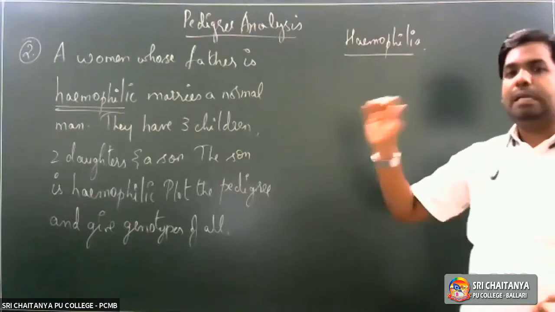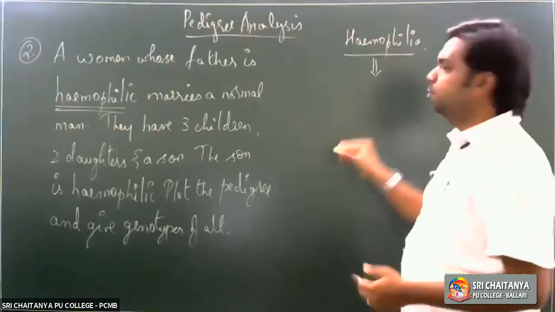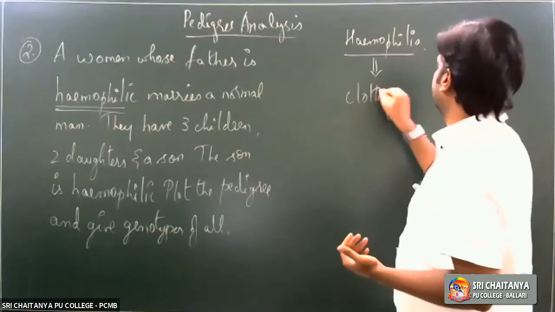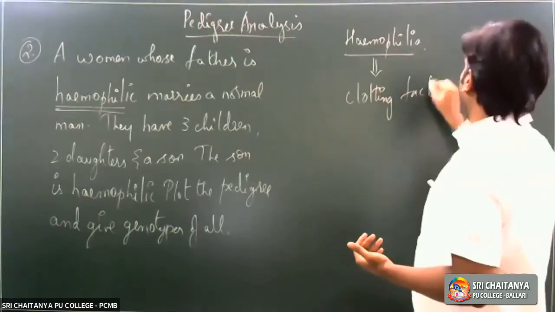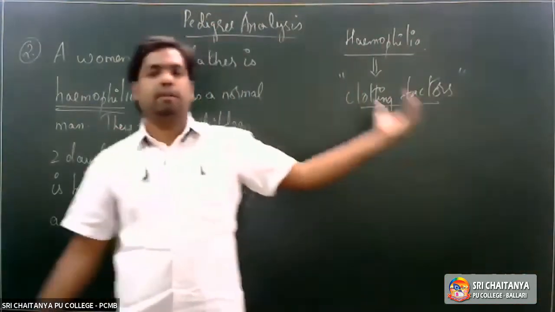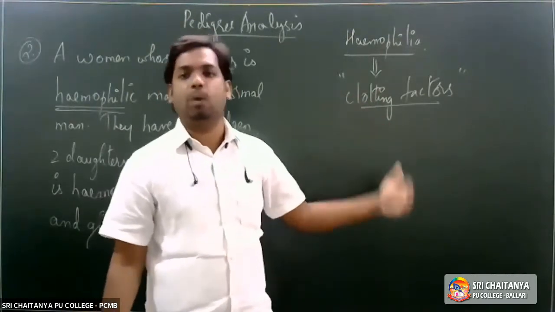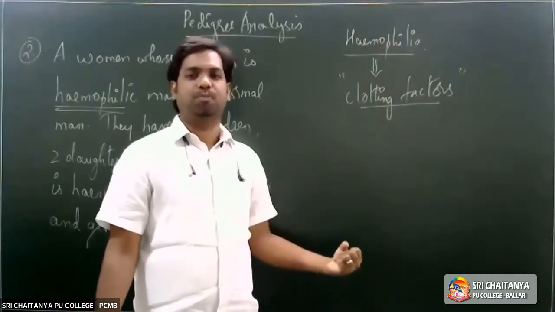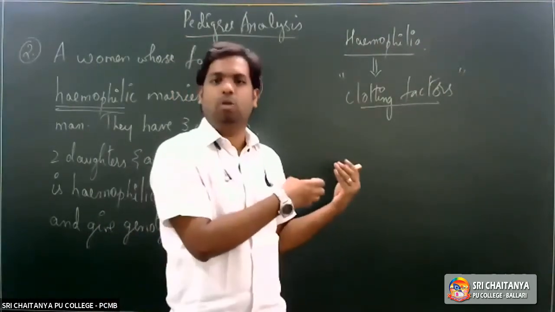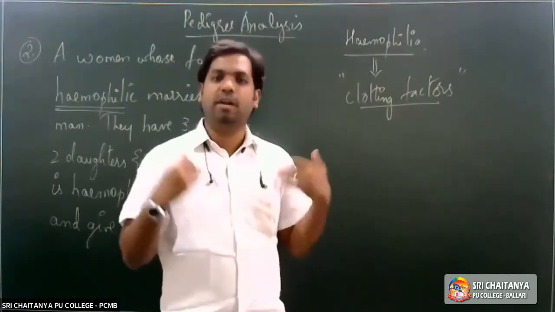Hemophilia is actually caused due to mutation in a gene responsible for coding something called clotting factors. Right? I hope all are familiar with clotting factors. So what are these clotting factors? Clotting factors are nothing but protein substances which are responsible for bringing about blood clotting in humans. Right. Last year we came across these blood clotting factors when we were studying blood and its components. We also studied blood clotting.